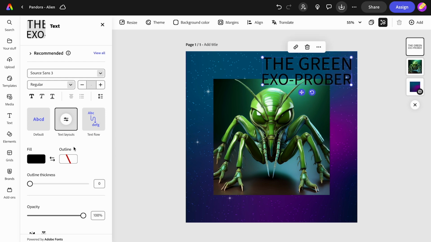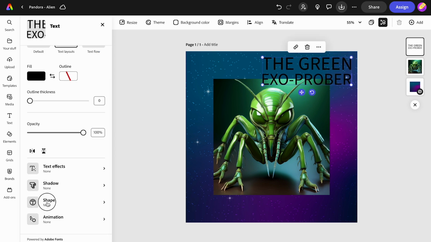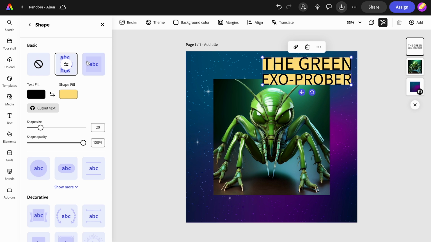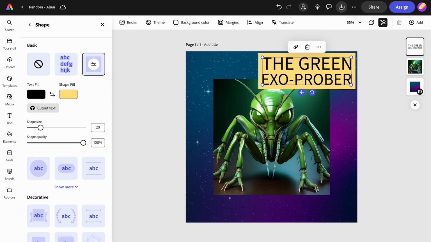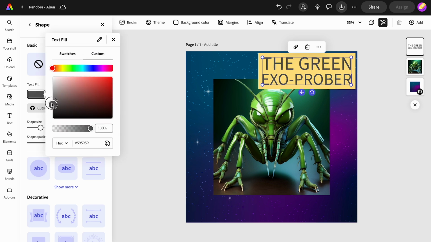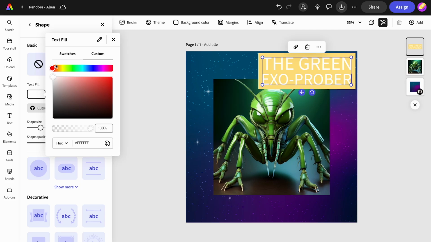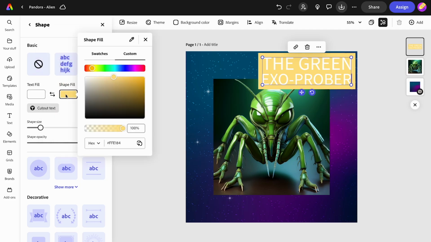And in order to make this stand out, I'm going to go to Shape down here. That one's not bad. I think I'm going to give it a full box. But then I'm going to click the sliders right in the middle of that. Change the text fill to white. White is always in the top left here. And then I'm going to go to Shape Fill. And you know what? I think we're going to match it to a green that we've already got on the